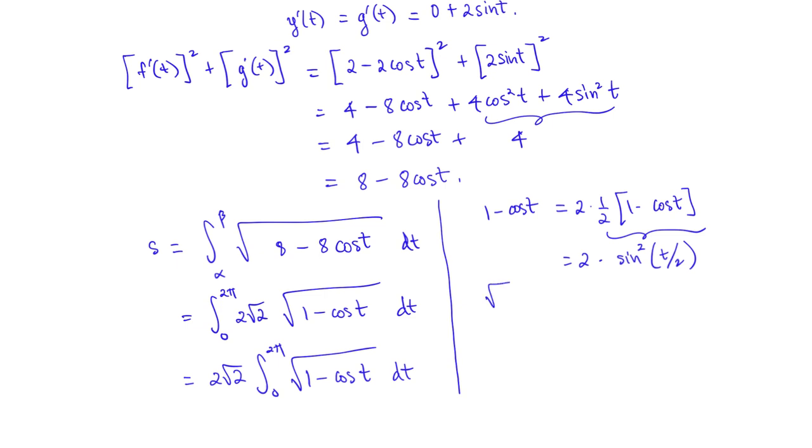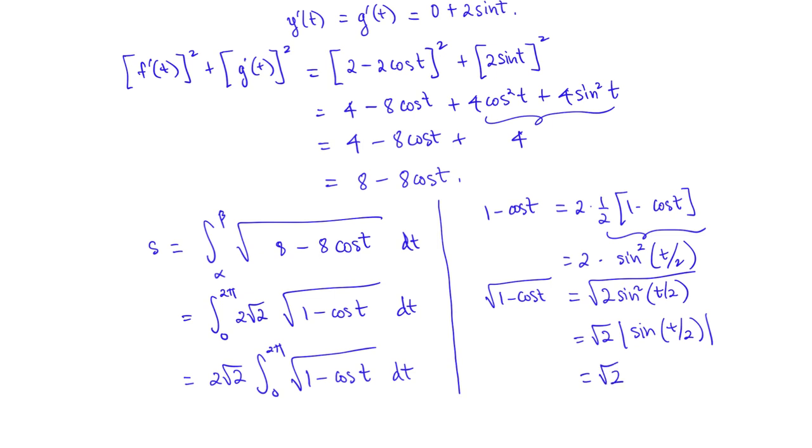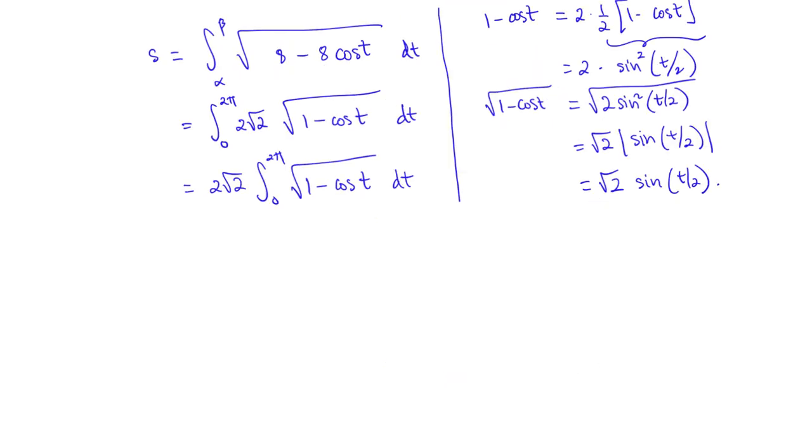This is good because the square root of 1 minus cosine of t is now the square root of 2 sine squared of t over 2, which is the square root of 2 times sine of t over 2. For t between 0 and 2 pi, sine of t over 2 will be non-negative, so we don't need the absolute value. This integral is now 2 root 2 times the square root of 2, the integral from 0 to 2 pi of sine of t over 2 dt,